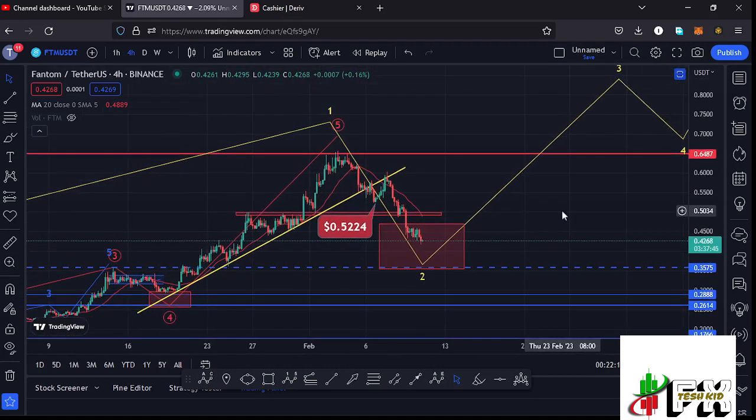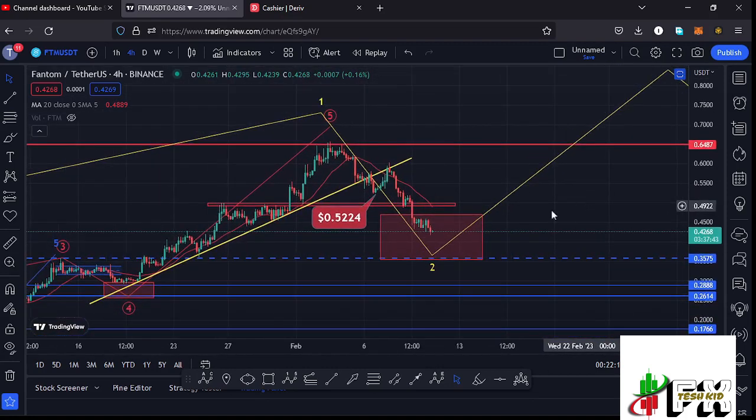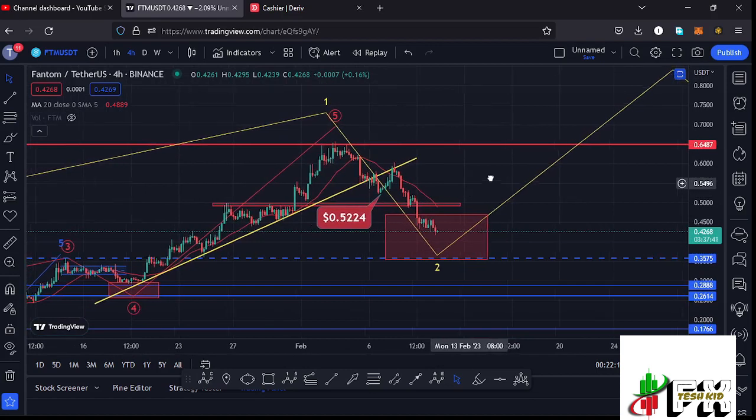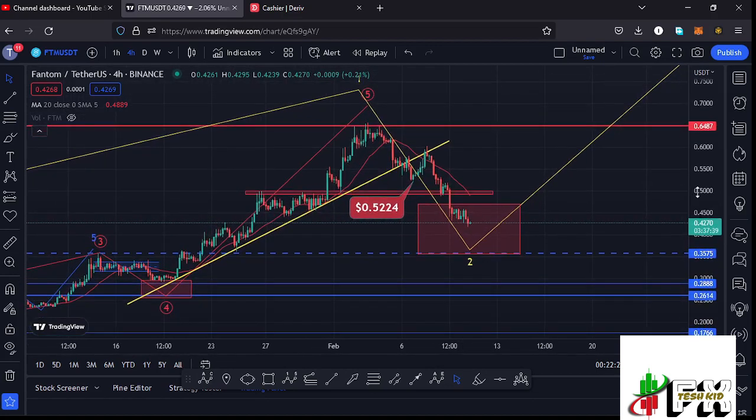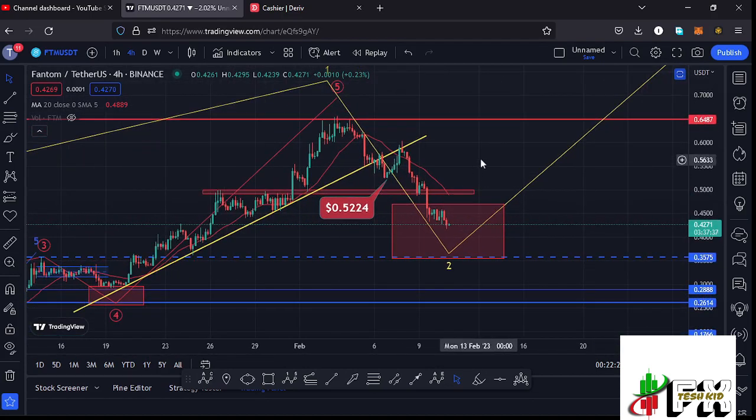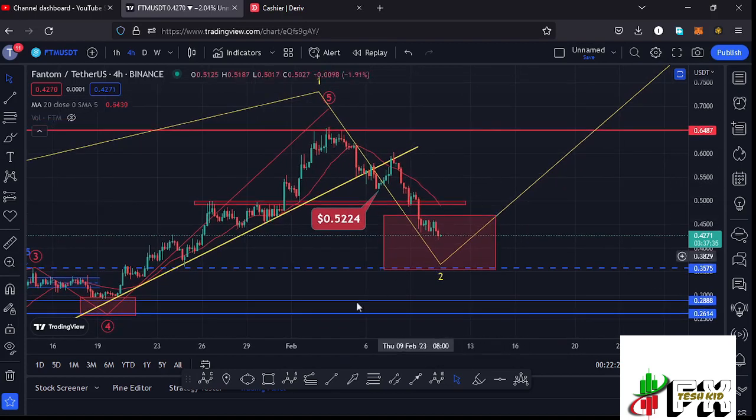And sketching out a minimum target area to the lower side in the formation of this wave 2, where we also expect to see an ABC corrective structure because of the corrective nature we expect in a second wave, where we are seeing that as the wave A, then a wave B making its peak at around the $0.6 mark, and I'm expecting one more new low in the formation